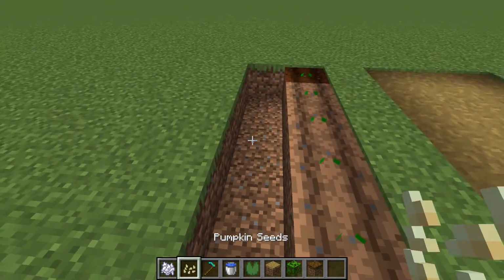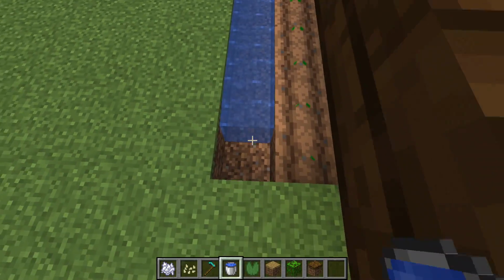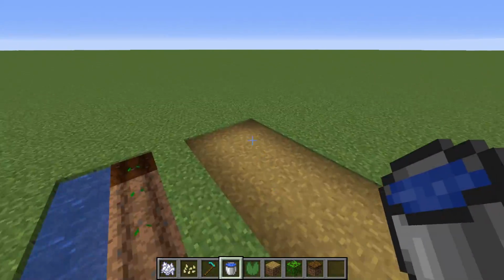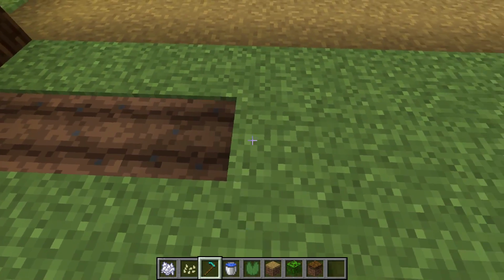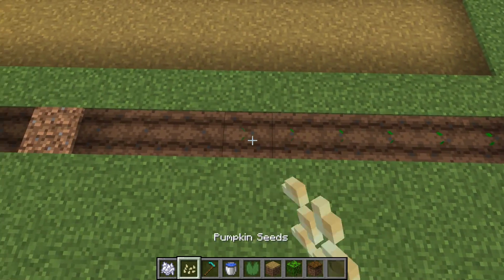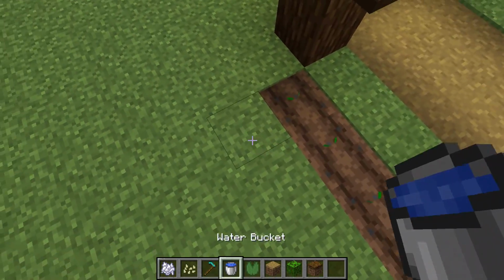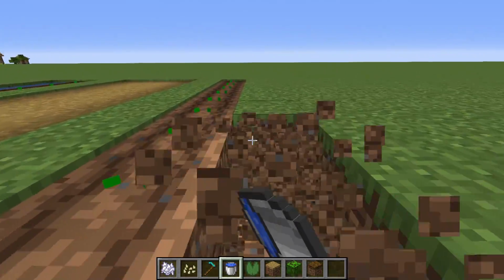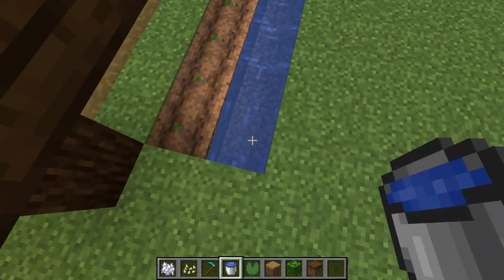Obviously you could build this way more beautiful than I am, but this is just for the tutorial, guys. You could build a pumpkin farm however you want. Just take this idea of a pumpkin farm and just turn it into whatever you want, really. So obviously I'm just gonna continue planting these. Oh my gosh, it's all turning into dirt. So when this is fully finished, guys, which will only take a second, I'll let you guys see it,